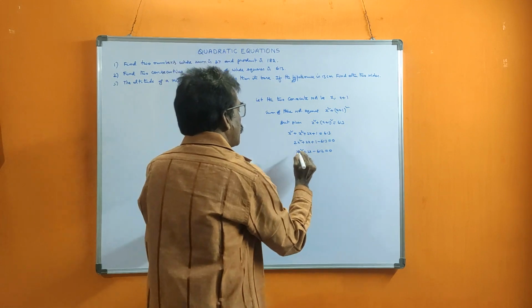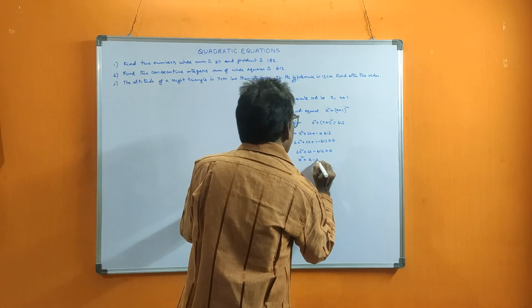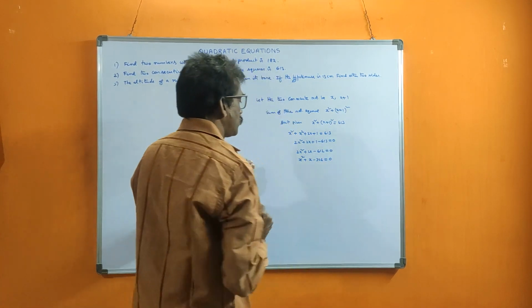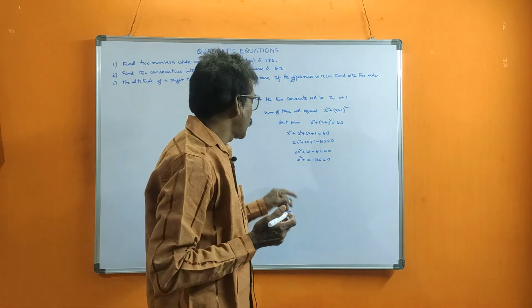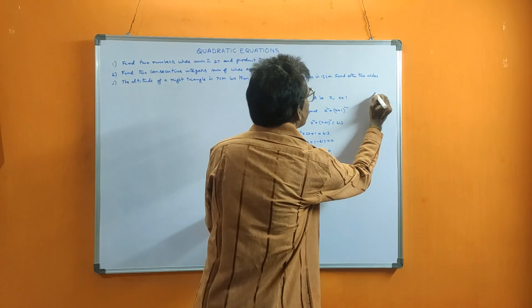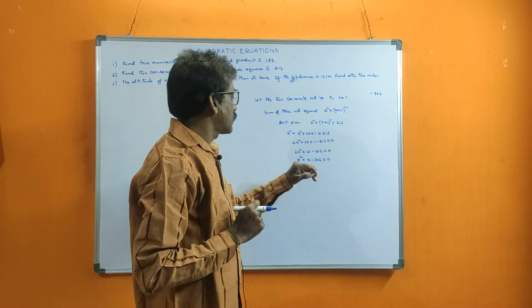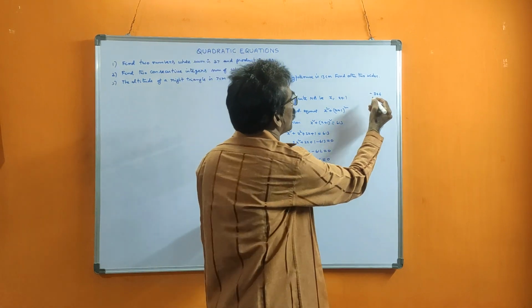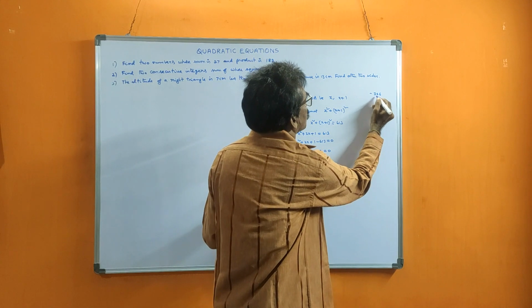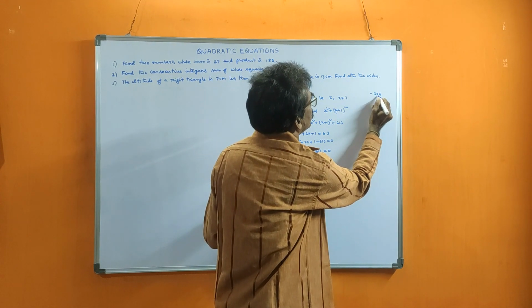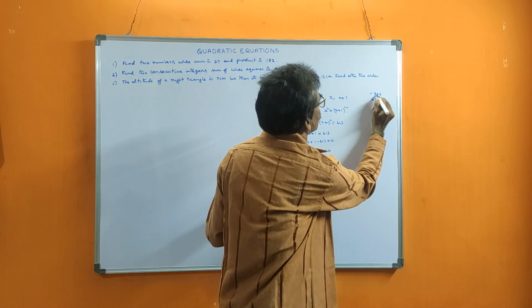2 is common, you can divide by 2. So x square plus x minus 306 is equal to 0. Standard form of a quadratic equation. By splitting we can do it. 1 into 306 is 306 only. Minus, that means by subtracting we will get this 1. See how: with any number, as I told, first you divide, then the remaining you write. So 306 is divisible by 6, 6 into 51 is 306.